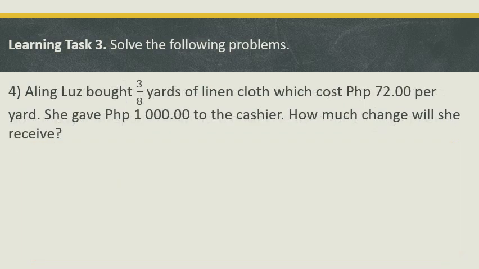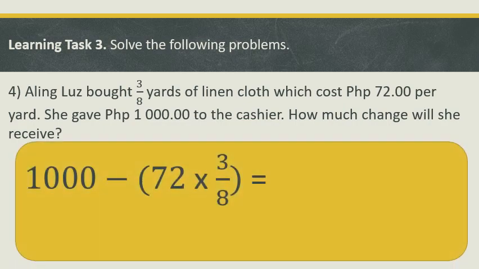So, number 4, Aling Luz bought 3/8 yards of linen cloth, which cost 72 pesos per yard. She gave 1,000 pesos to the cashier. How much change will she receive? Yung 1,000, bakit may 1,000 minus? Ito yung binayad niya doon sa presyo. Yung hahanapin natin is ito muna, then ima-minus natin siya sa 1,000. So, yung 72,